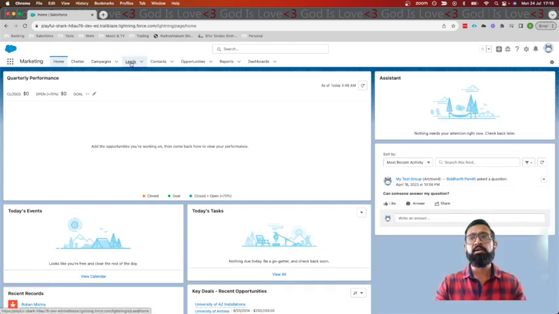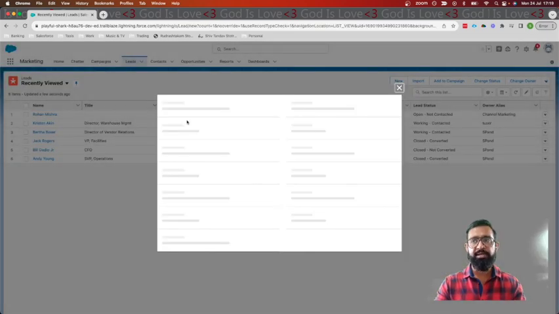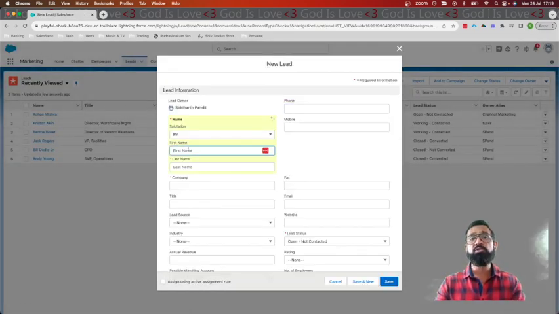And then click on leads tab. Click on the new button to create a new lead. Make sure to fill out all required fields. So I'm gonna call Sandeep Sharma. Company is